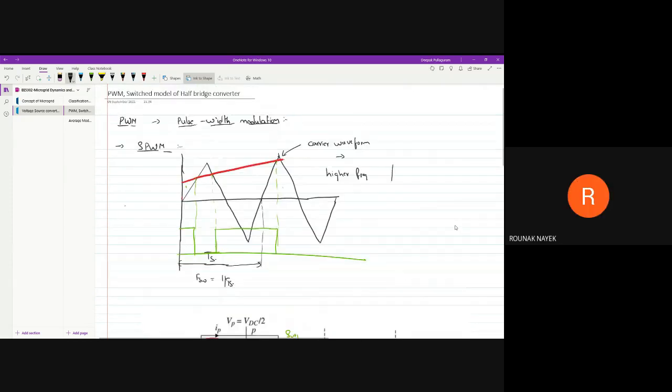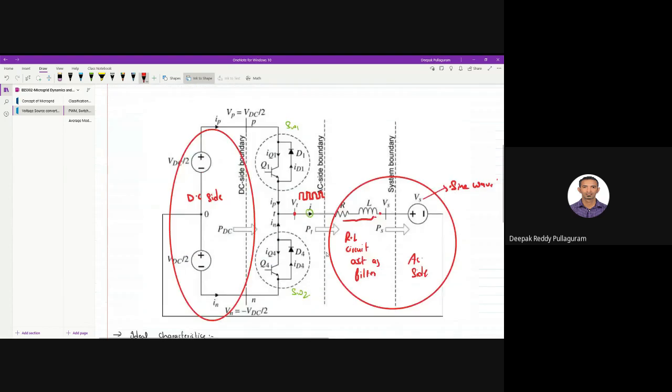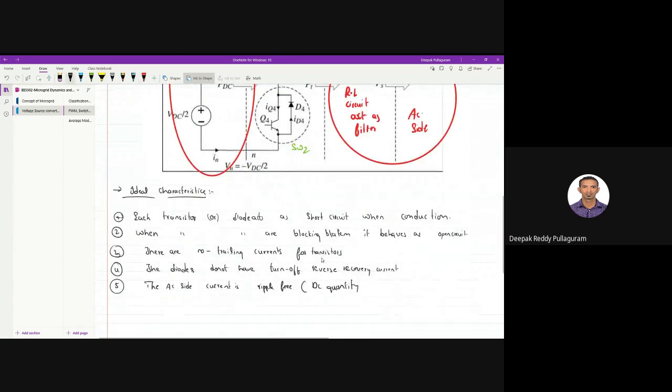For example, if I have very closely packed triangle waves like this, and I draw a bigger sine wave like this, it looks more or less like a DC quantity for this triangle wave. At least at one switching instant, it looks more or less like a DC, isn't it? So that's why the assumption of DC is more or less valid, at least for analysis purposes. Once we analyze it, we'll also go for non-ideal characteristics, but only for analysis purposes we are taking that assumption. Is that clear?